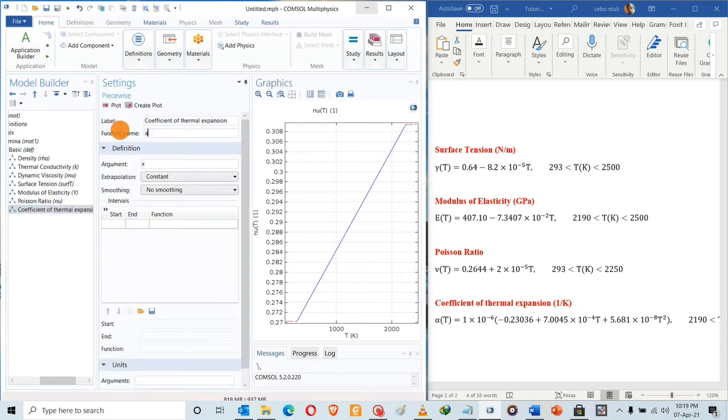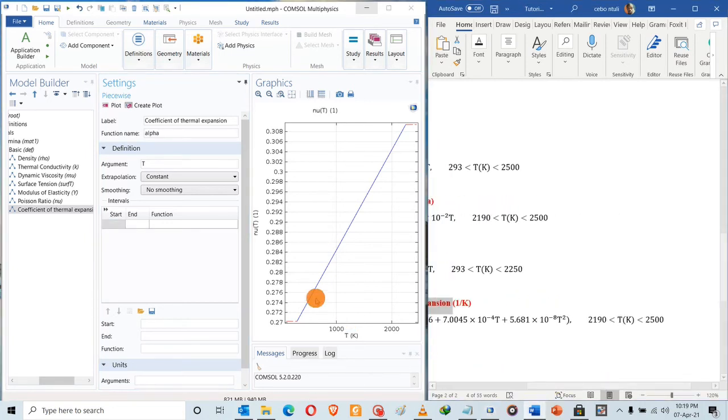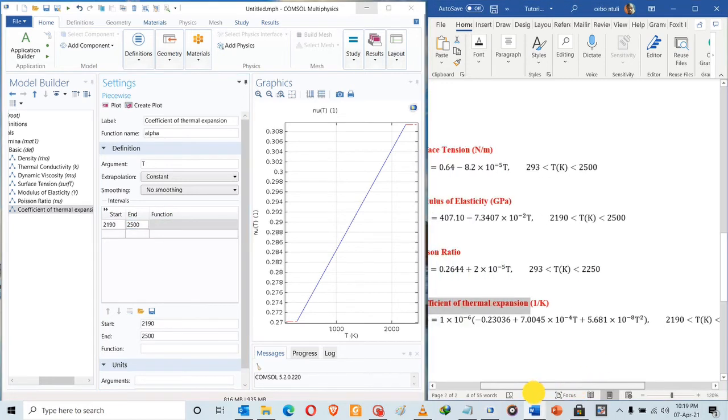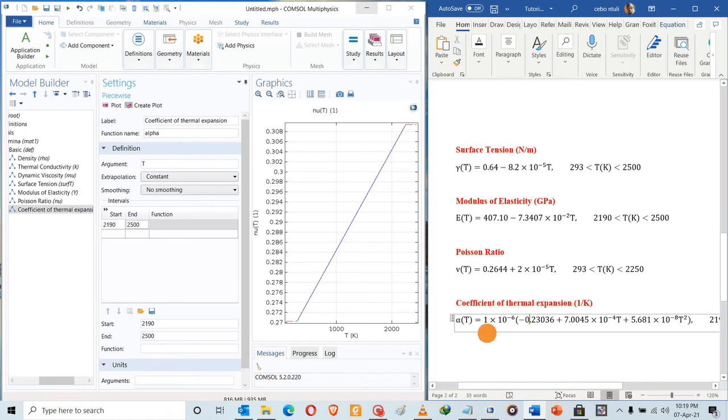So we can write alpha T, which let's say starts at 2190 up to 2500. Okay, 1e negative 6 multiplied by negative